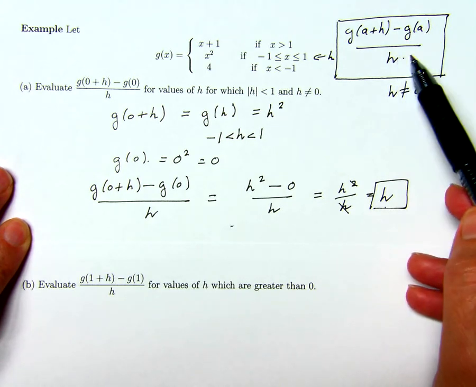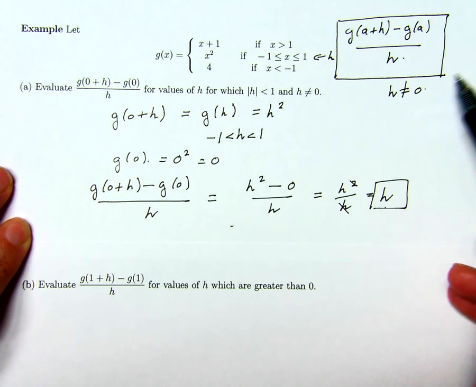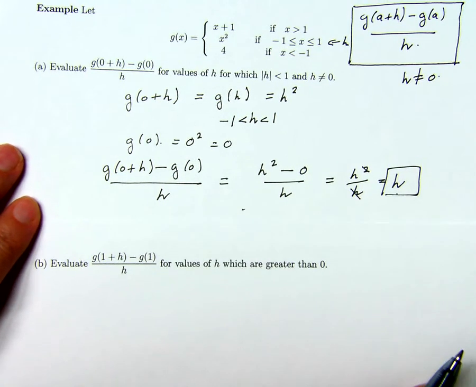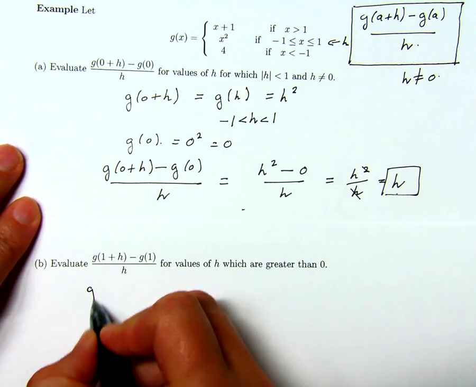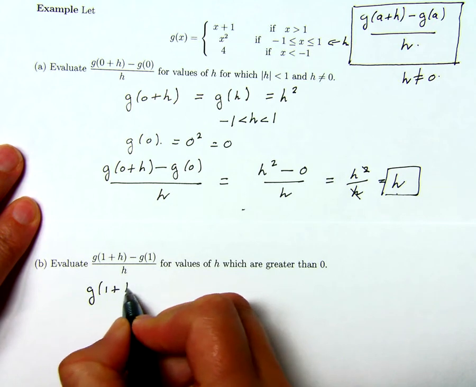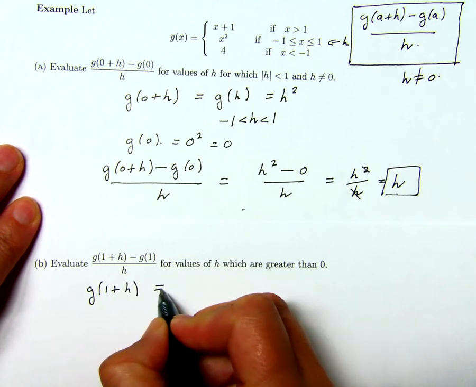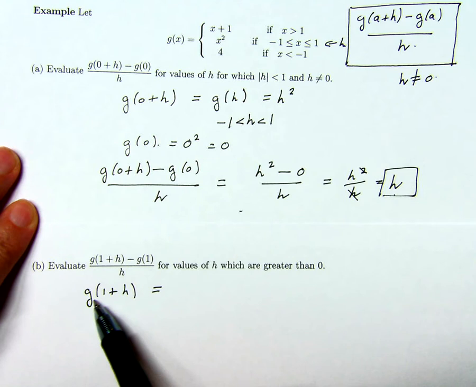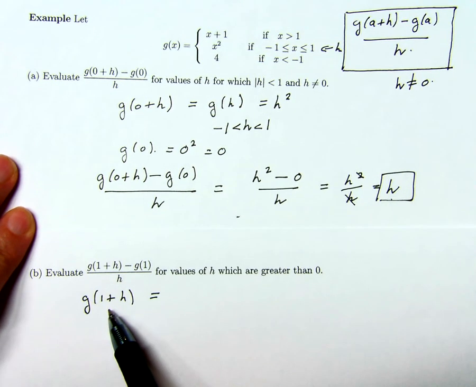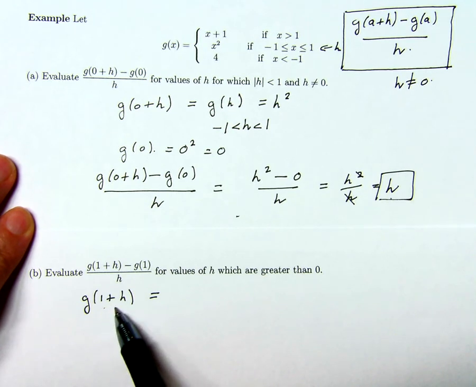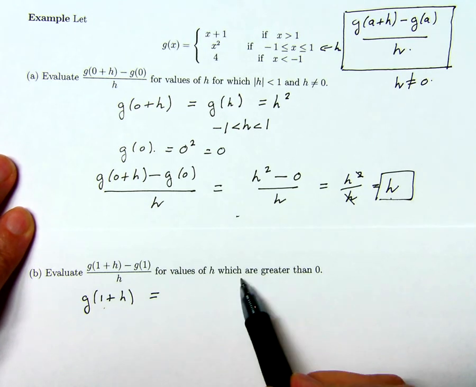And we're thinking about h greater than 0. Well, to calculate, I have to break it down. g of 1 plus h is equal to what? Well, to calculate g for any value where g is a piecewise defined function, I have to figure out which category this 1 plus h is in. Now, if h is greater than 0,